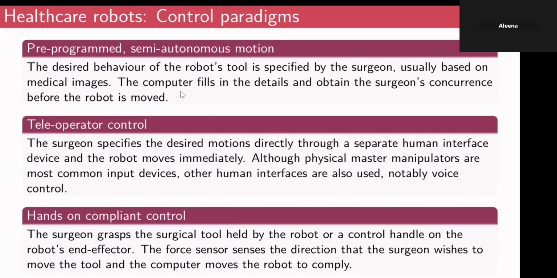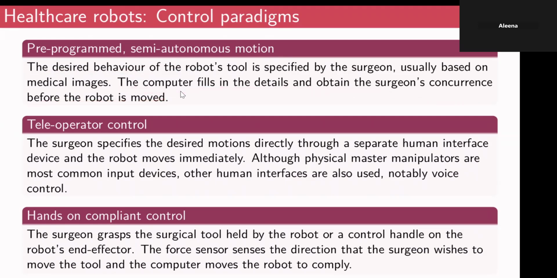And the first approach is you could employ surgical robots which are pre-programmed or semi-autonomous, right? So in this case, the desired behavior of a robot's tool is specified by the surgeon, usually based on medical images. So based on the medical images, the surgeon can pre-program the tool's motion. If a robot has to do some surgical operation, the surgeon can pre-program the robot for the upcoming procedure, and the computer fills in the details and obtains the surgeon's concurrence before the